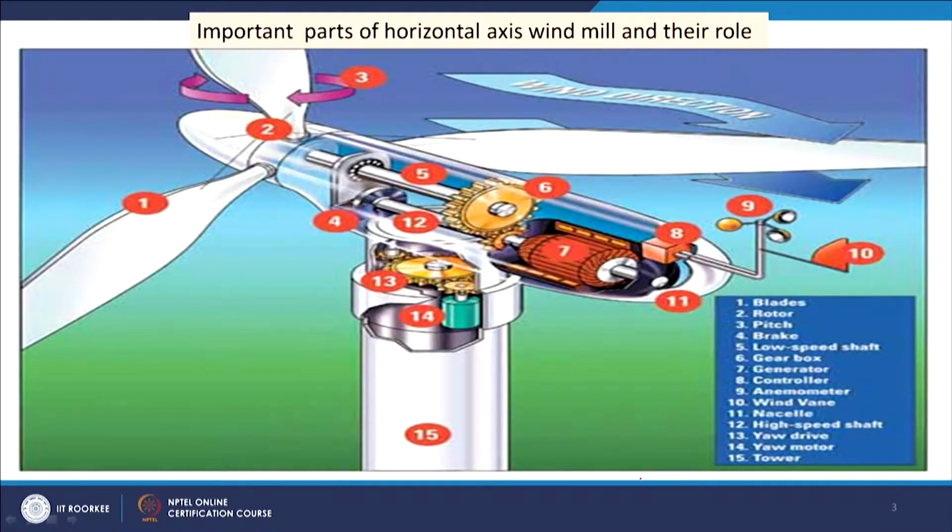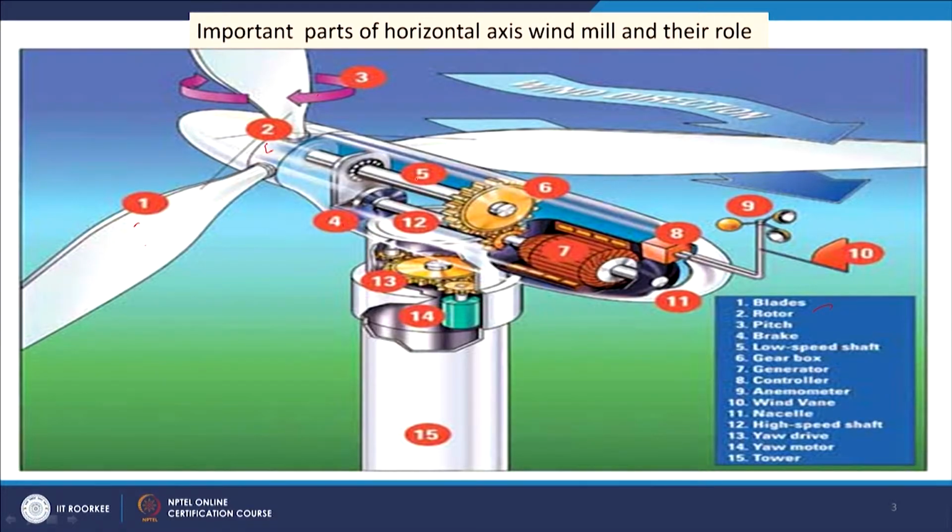Now, we will see the important parts of horizontal axis windmill and their role. So, this slide shows us some example of horizontal axis windmill. And different parts we see here, 1 that is blades, 2 is our rotor, 3 is the pitch and 4 is our brake. And 5 we have shaft, that is your low